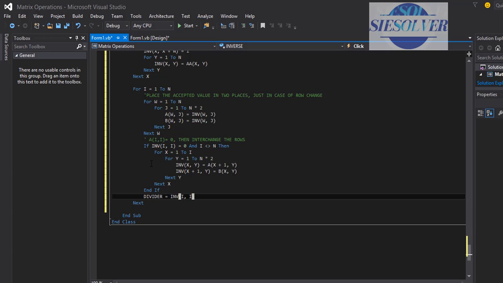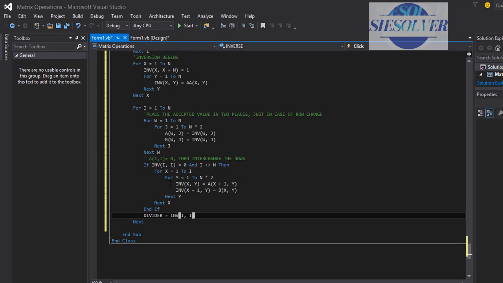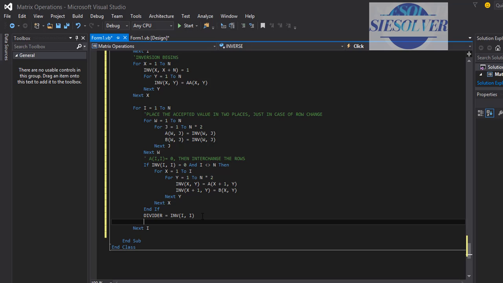Don't forget, we're still looping from for I. This one is still there. So we're still working under it. So we now start our process here. Everything we've been doing since is just to check. So this is where the real inversion starts. So we now say